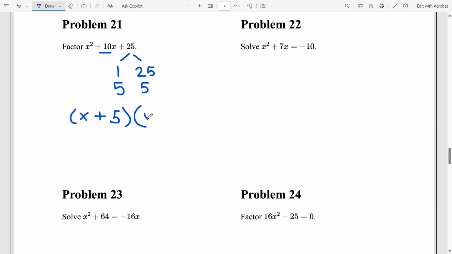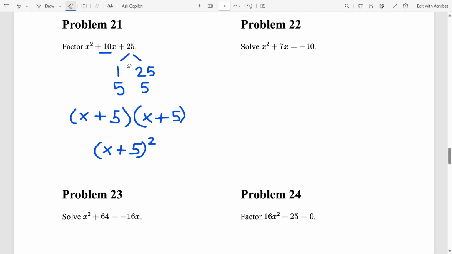times x plus 5. And when you multiply something by itself, you got to understand that that something is squared. So this could also be x plus 5 squared as a solution. The other thing you could notice is that this is a perfect square trinomial, and you